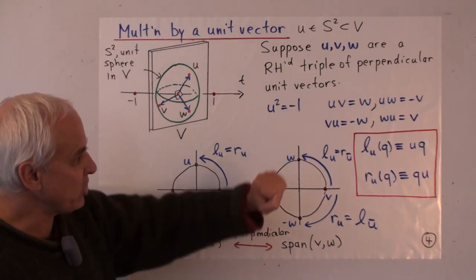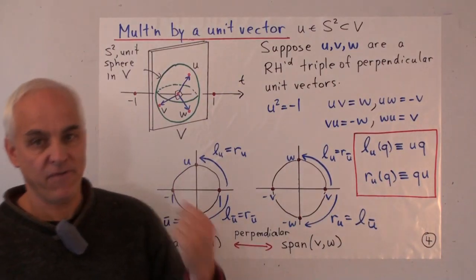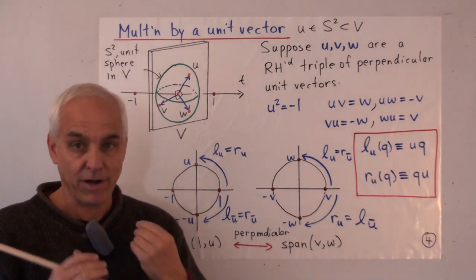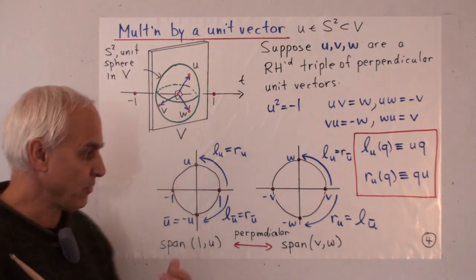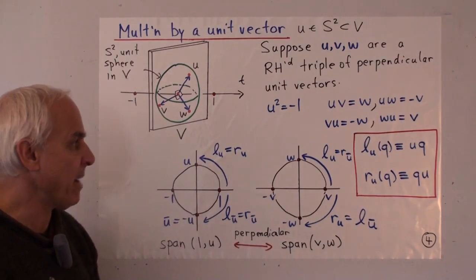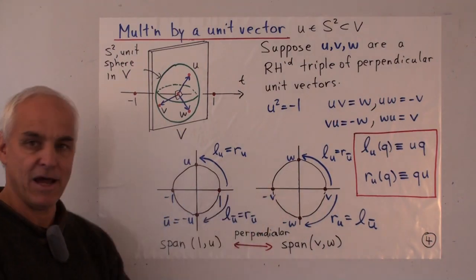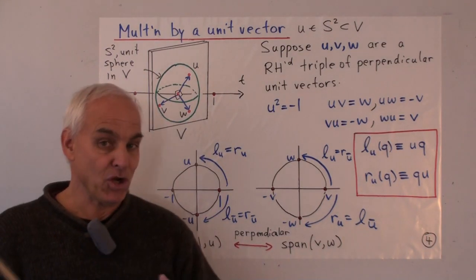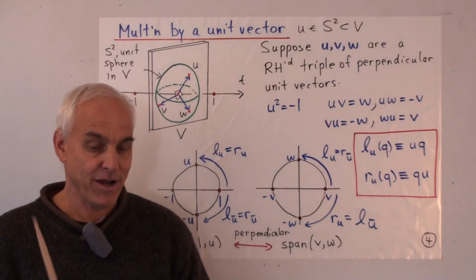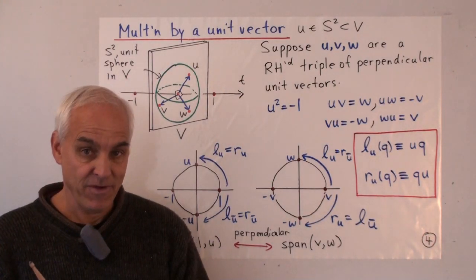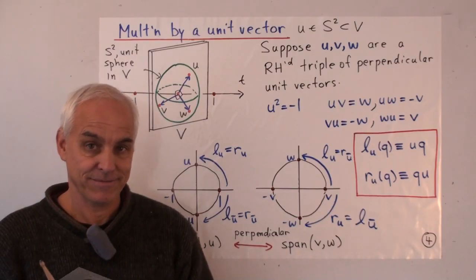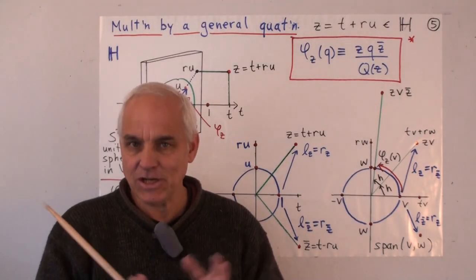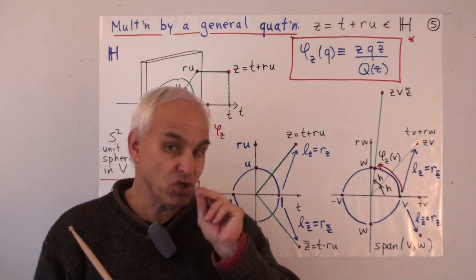And all of those statements can be checked. They're just immediate consequences of the formula that the product of perpendicular vectors is the cross product of those two vectors. We're just recording these very elementary cross products when we make these diagrams. Nevertheless, they're the key to understanding the action of quaternions on the space itself and by rotations. So now let's take what we've just done and extend it to understanding multiplication by a general quaternion.